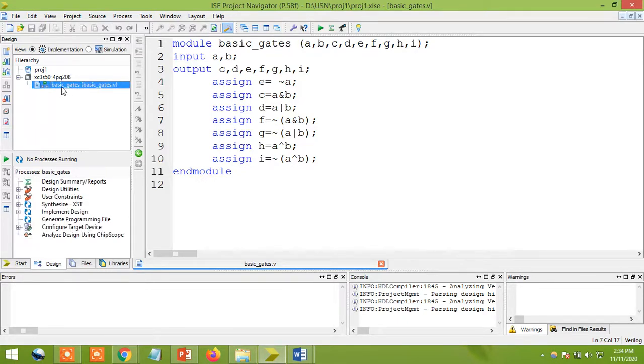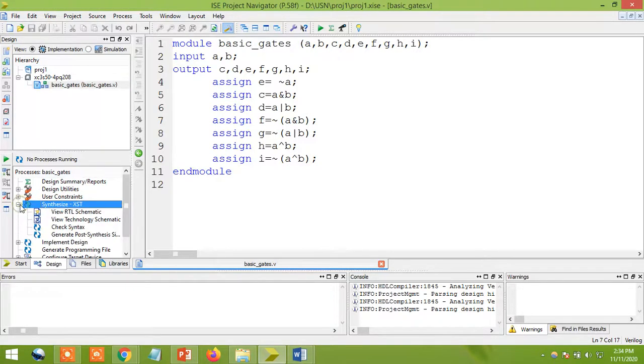Make sure that if you click this, here there are some options. These options we can use for implementation also, but we are not looking for an implementation process, we are looking for synthesize. Just click this synthesize, complete run, you can give as you wish. So here, first you need to click on this checkbox. You have one option, it is check syntax. Just click on here.